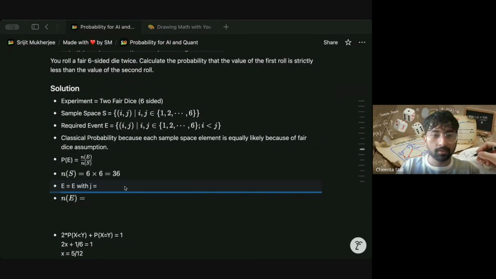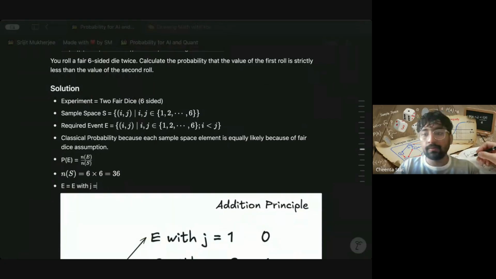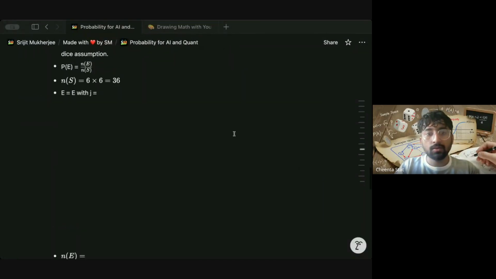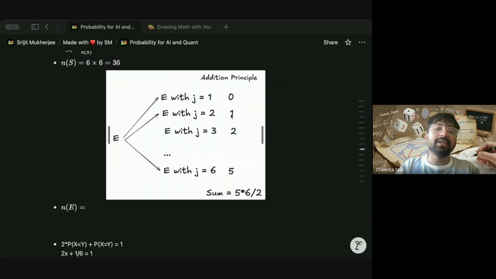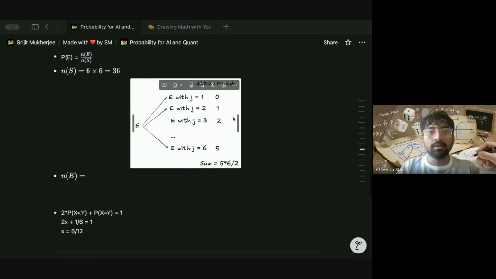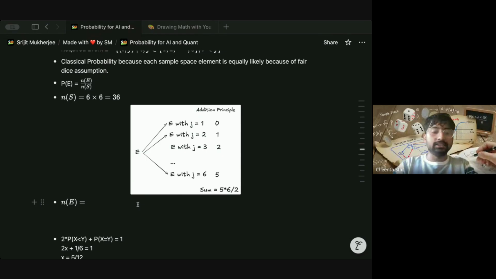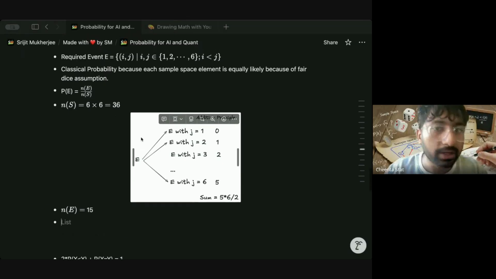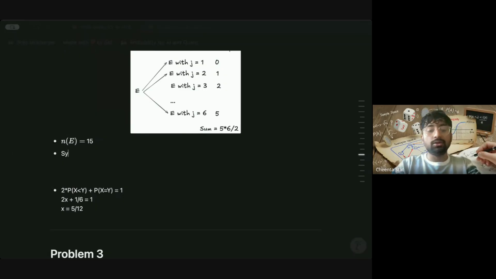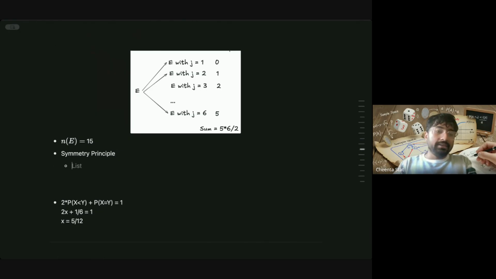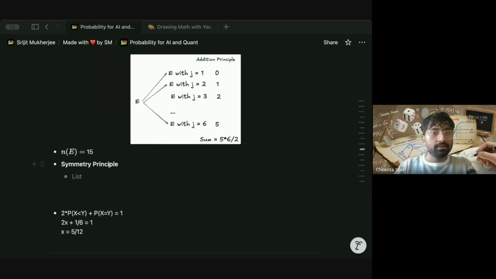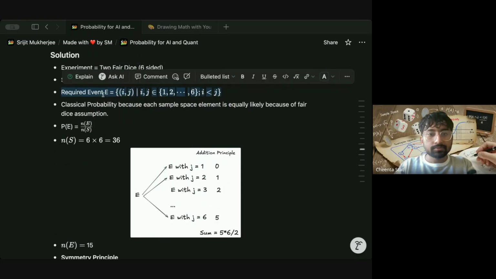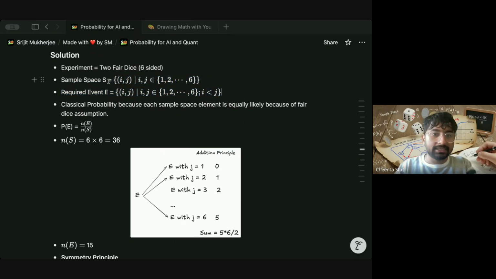So we can solve like this. So this way we can say it's 15. But there are other ways to do it, what I'm saying. And this is what I'm talking about, the symmetry principle. It's a bit algebraic. So the idea is that the entire sample space S,